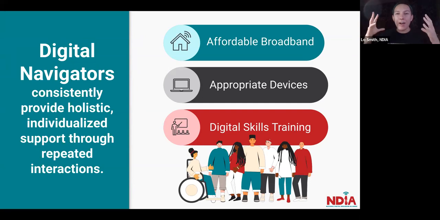That means that they are the face, the emotions, and the voice of helping folks to access that affordable broadband, helping to connect them to the appropriate devices, and doing that hand-holding and connection through the digital skills training. They are assessing, evaluating, and supporting our community members. And I think most importantly, listening and offering a little bit more of that emotional support when it comes to